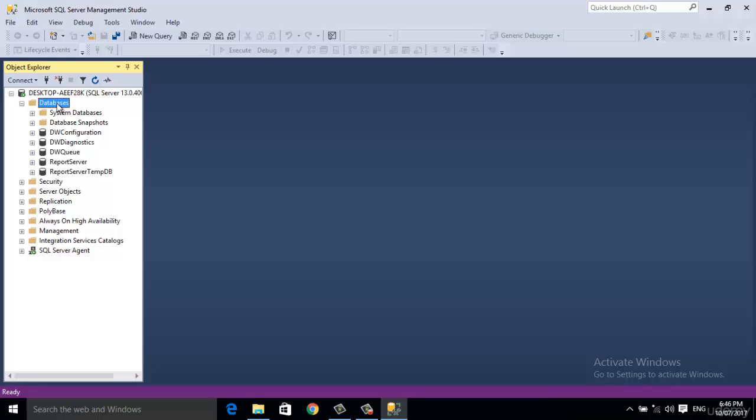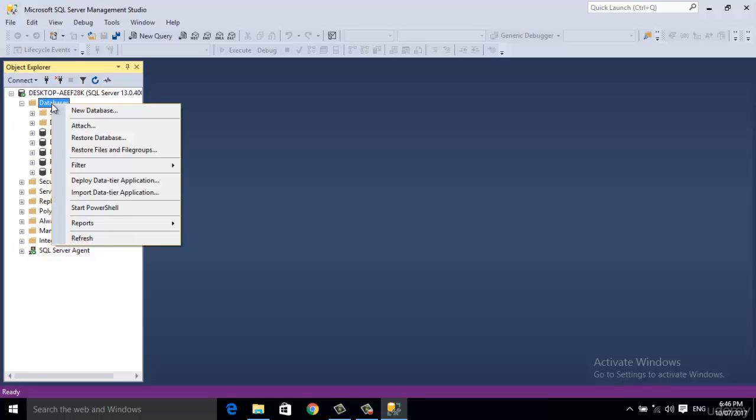Now I am going to create a new database. To create a new database, right click on the Databases icon.